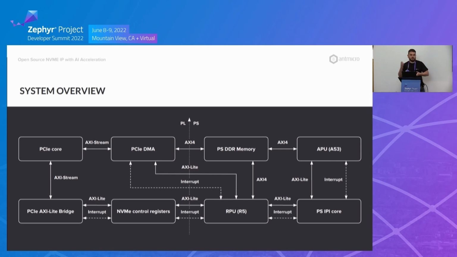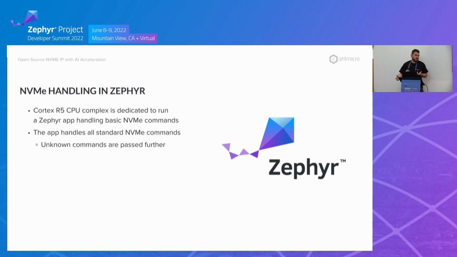To implement the whole logic of NVMe transactions, we decided to go with Zephyr, and we use Zephyr on this Cortex-R5. Why did we do that? Because, first of all, there was a Zephyr port for that. There was a port of Zephyr for Cortex-R5, originally added a few years back. Later, we added some updates to that and some functionality allowing Zephyr to be controlled from the other CPU in the system. So that was an obvious choice. We knew that it's there, it works, and using Zephyr is pretty